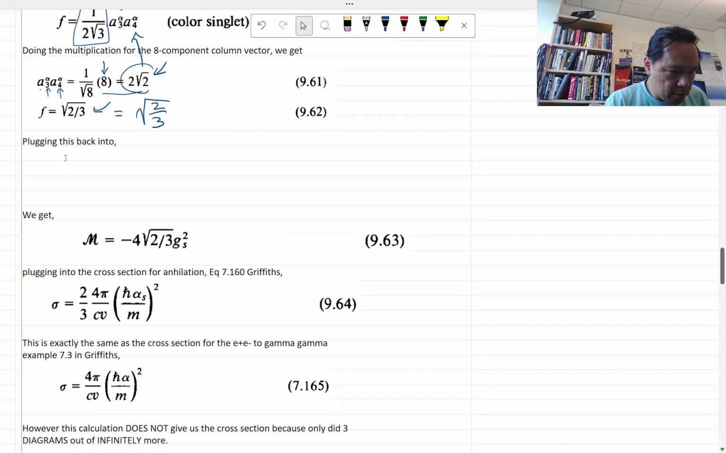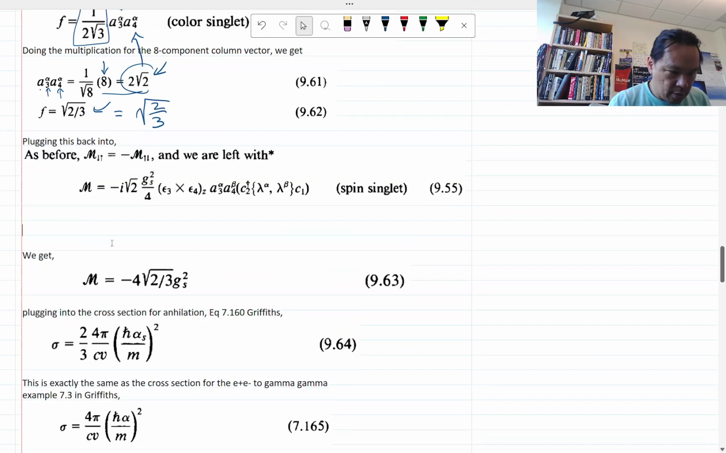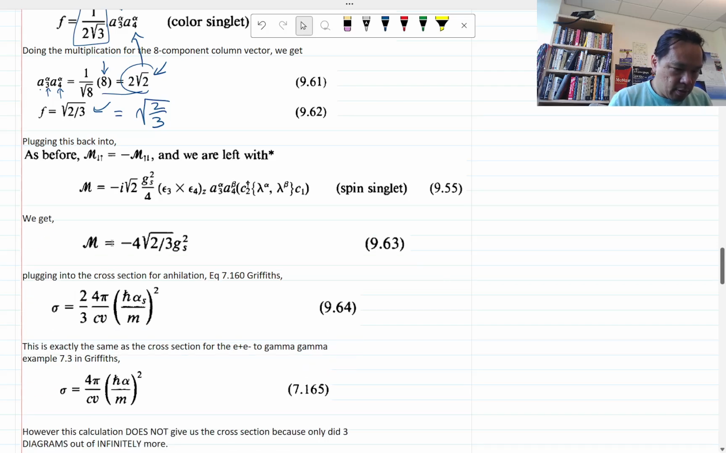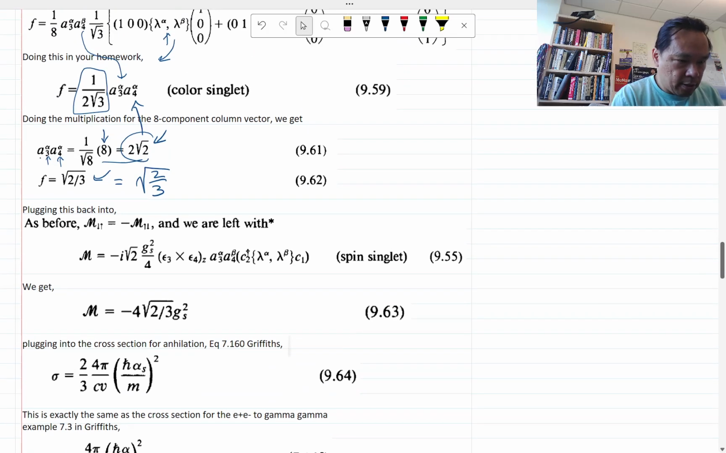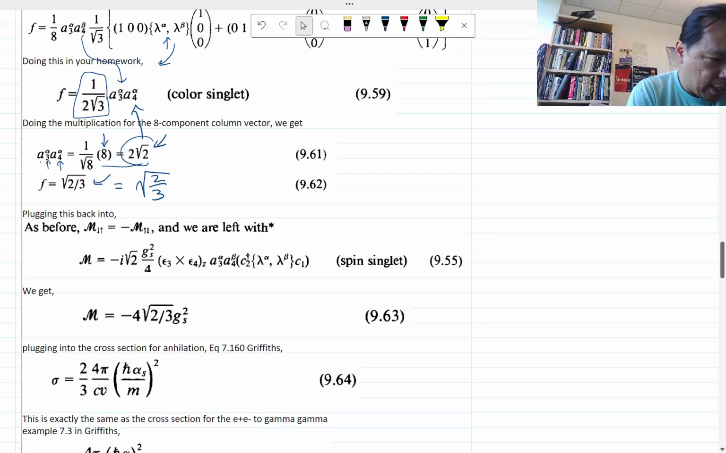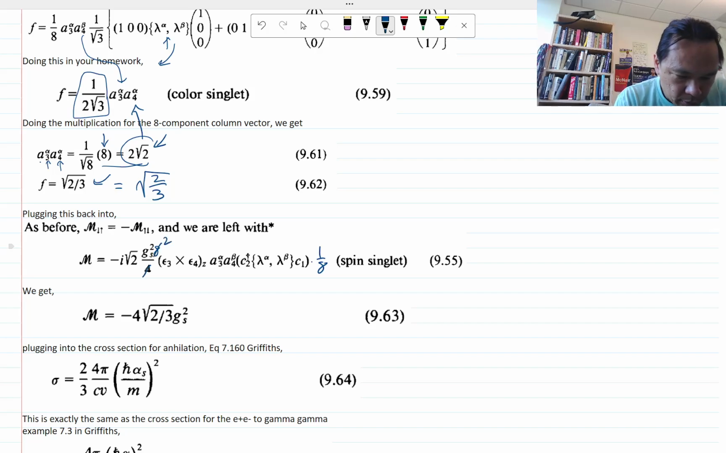Plug that back into this, okay. So the color factor is 1/8 of that. Okay, so this times 1/8, that means I have to put an 8 up front, which mostly cancels out with this one. Okay, so this whole factor here turns out to be square root of 2/3, and then E3